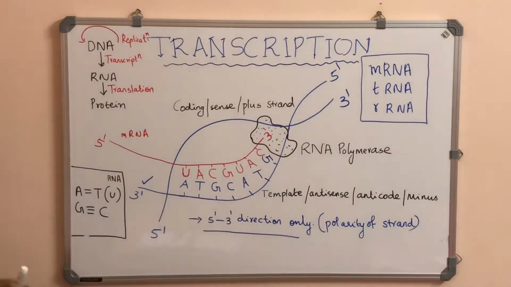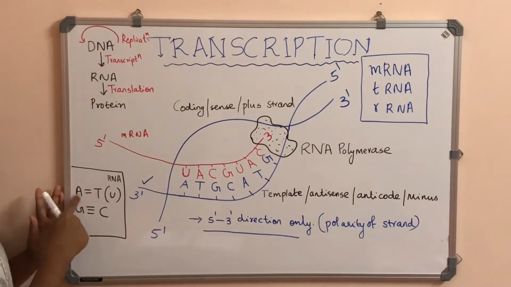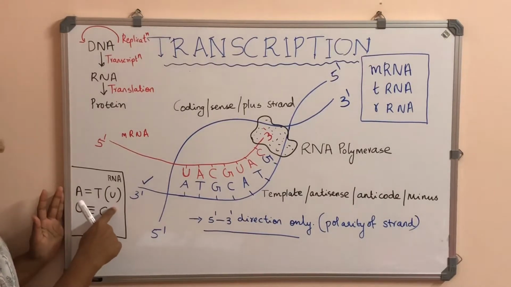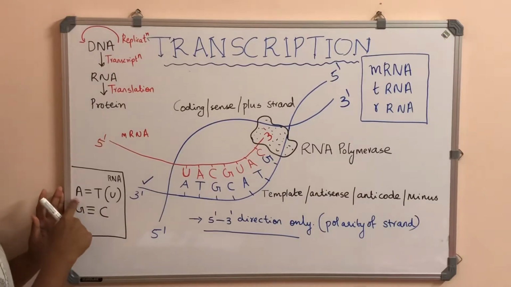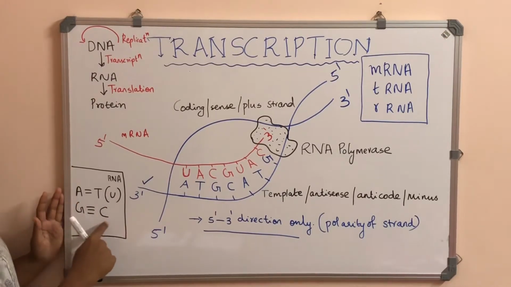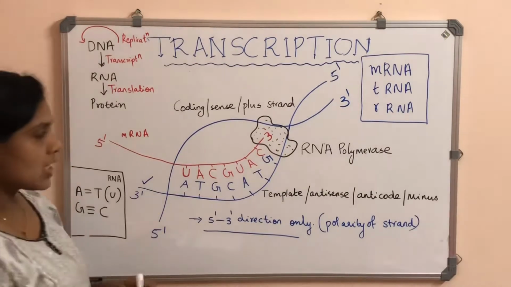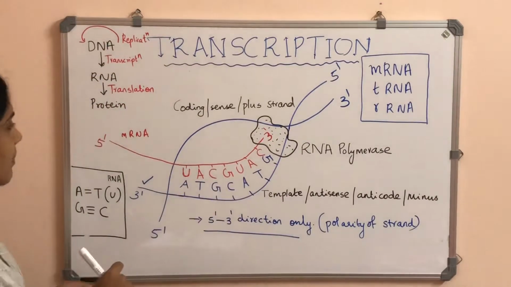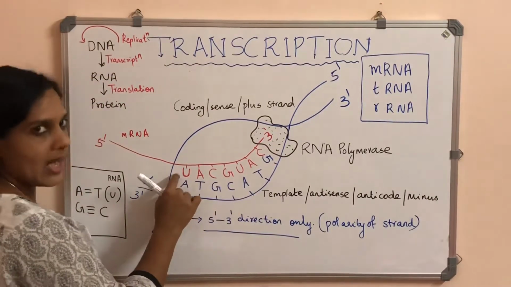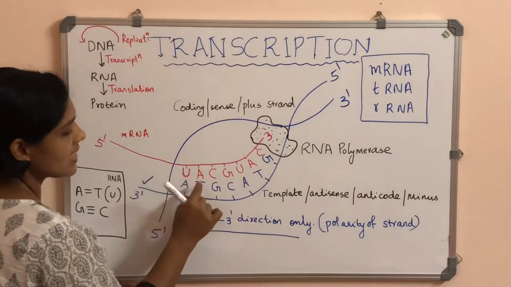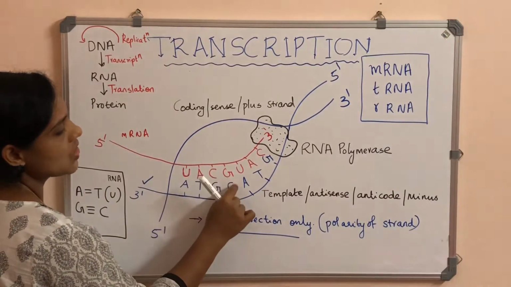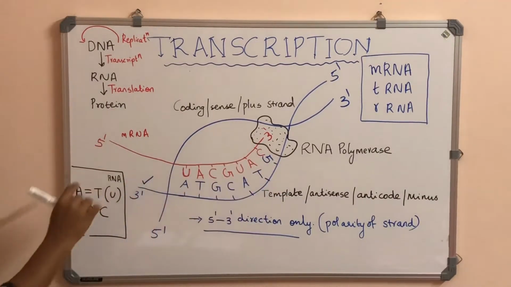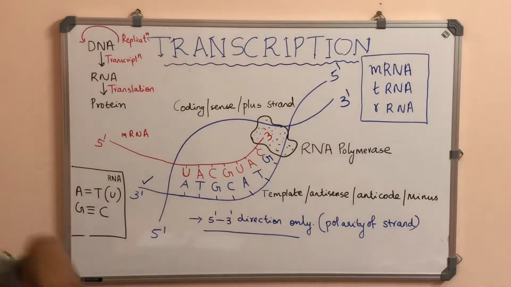I think you all know about the base pairing rule. Adenine pairs with thymine in case of DNA, while in case of RNA the base is uracil, which pairs with adenine. Guanine pairs with cytosine. So let's make the mRNA strand for the template ATGCATG. In case of mRNA, adenine pairs with uracil, not thymine. Then we get TAGCCGAU. This is what actually happens in transcription.